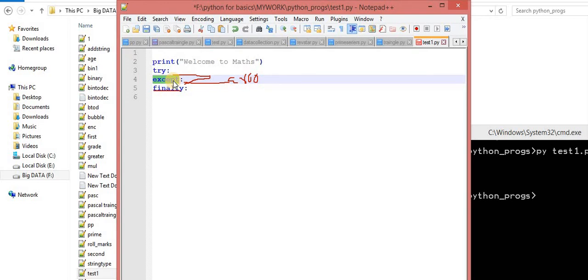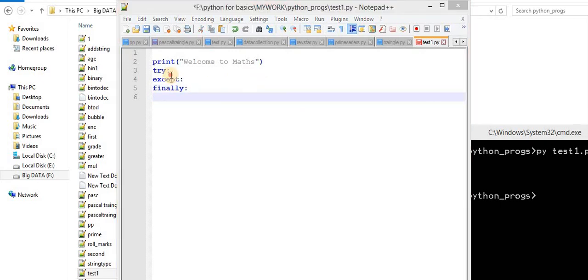Okay, that means again that is the normal termination. This is the one case. Second case, let's suppose the error occurs in the try, then the except block tries to catch that error, but inside the except block there is again an error. Then what will happen? That concept is called abnormal termination. Whatever happens, whether it's a successful termination or an abnormal termination, your finally will always execute. Keep this point in mind.